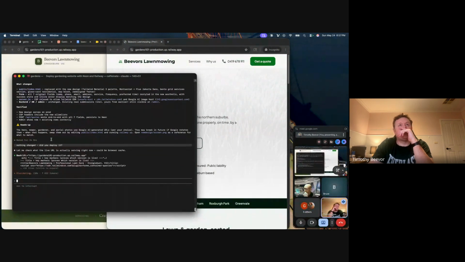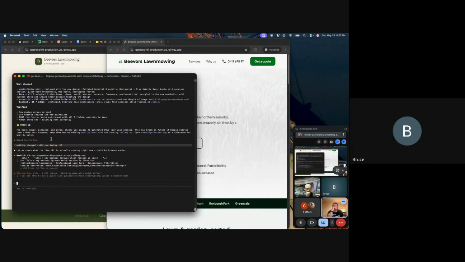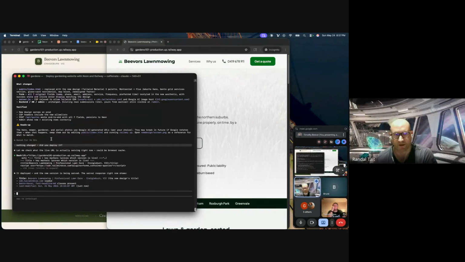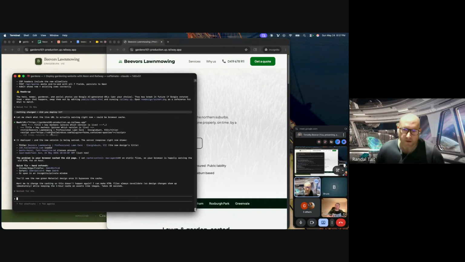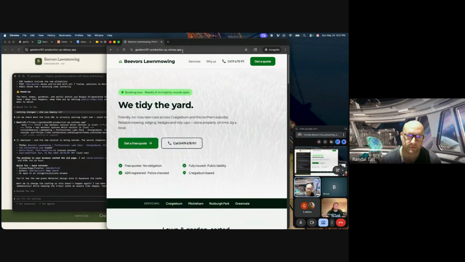Well, that actually happened a lot quicker than I thought it would. Yeah. And like Jonathan said, you can tweak your design a little bit easier, I find, in Stitch. You can change your colors and